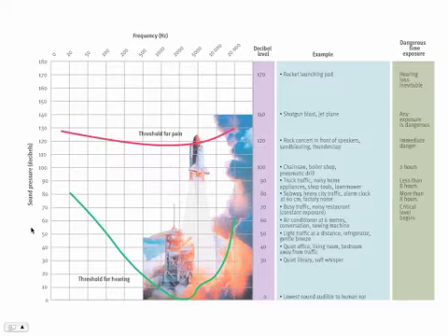And so here just indicates what kinds of sounds people are sensitive to according to the frequency of the sound and according to the loudness of it. So how loud does a sound have to be for you to hear it, depending on what frequency it is? And you can see that a sound that's very low in frequency, down here at 20 hertz, is very hard to detect unless it's presented very loudly.